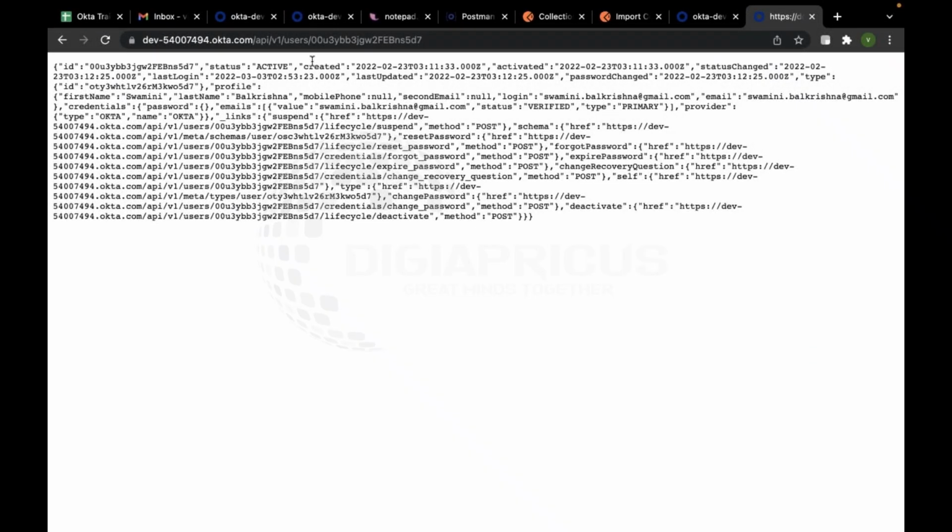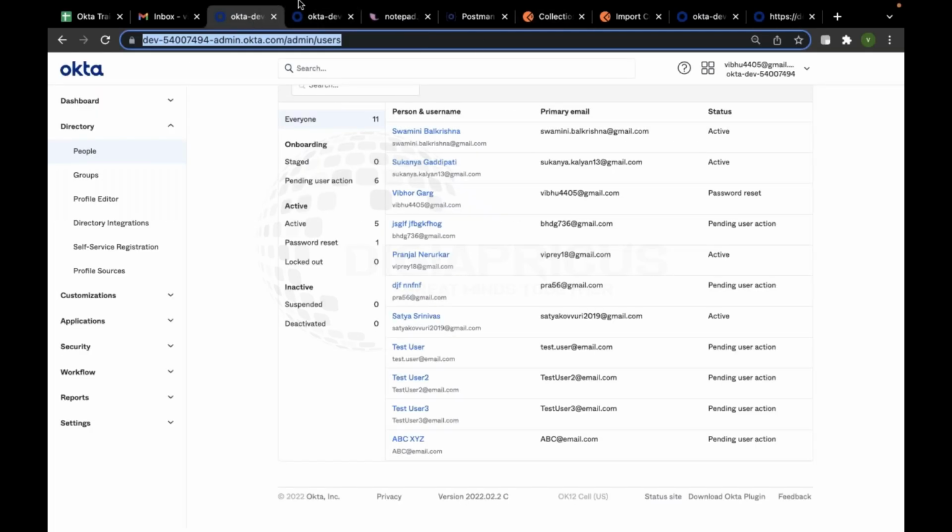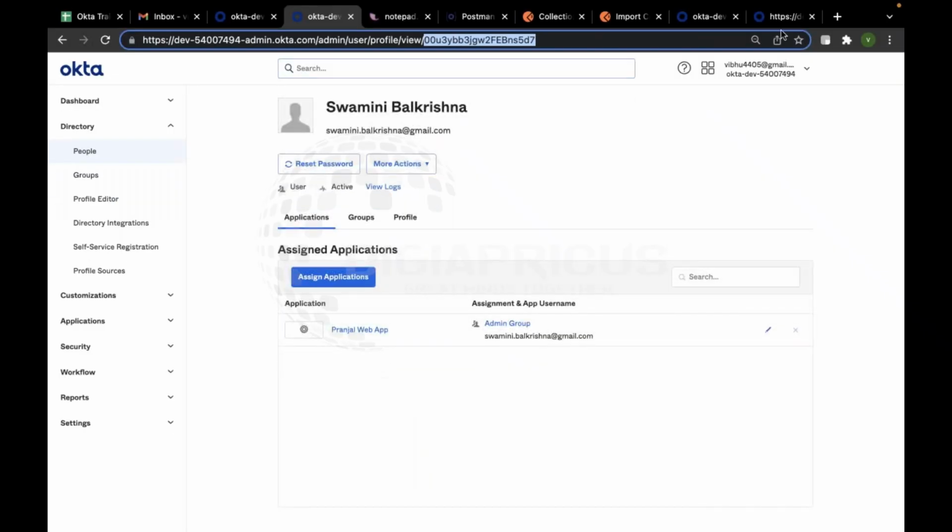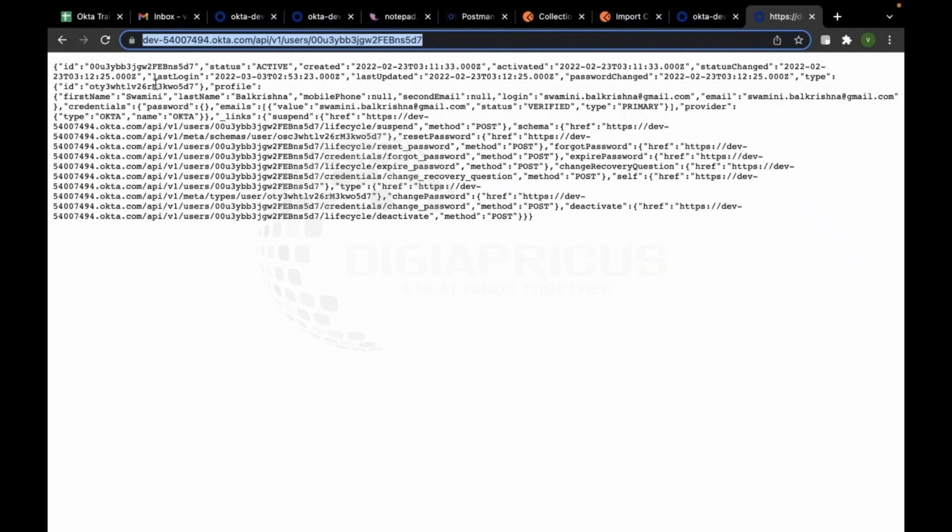Before I tell you that, I just want to show that this is again an API of Okta. This is a different API of Okta now. I'll tell you how we form an Okta API URL, but for the time being, think like this is Swamini's user. So I just find that, and I use Swamini's user ID profile, and over here I am able to see the first name, last name, and then here